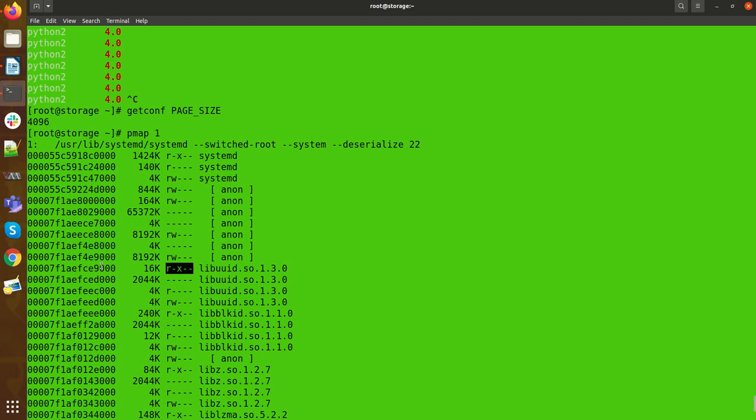Now the question is: why do we require virtual memory, and what is the advantage? The advantage of virtual memory is security, because when any process starts, it doesn't have any access to your physical memory. It accesses your virtual memory, and we have a mapping technology that connects virtual memory to the physical memory, called the memory management unit.